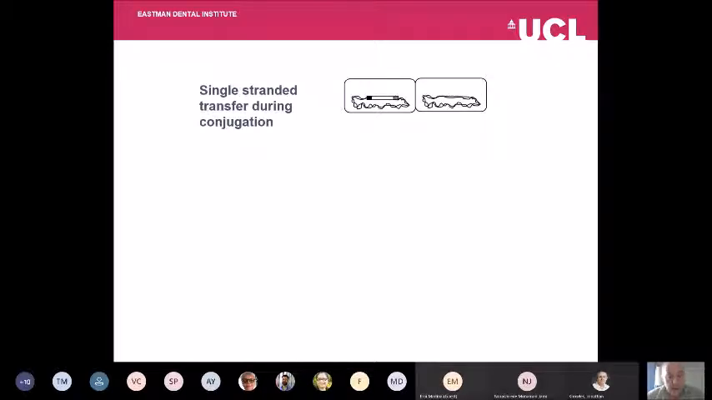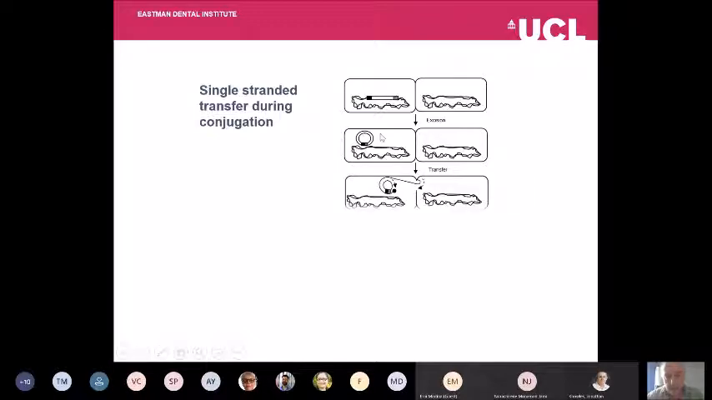I'm just going to show a little bit about how these elements actually move. This is taken from a review by Abigail Salyers. So this is a conjugative transposon inserted into the bacterial chromosome. This is the bacterial chromosome here. This is the conjugative transposon. What happens is these elements excise and form this circular molecule. This is the transposition and conjugative intermediate. And when they transfer,